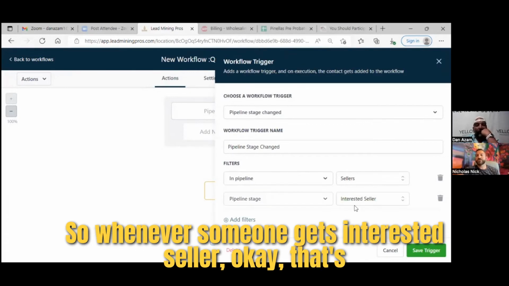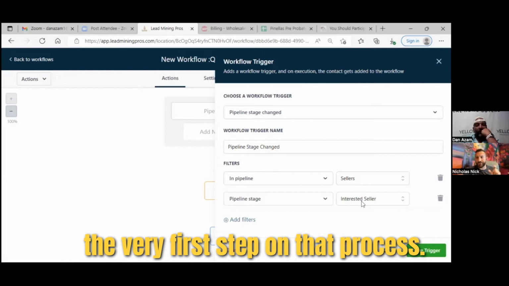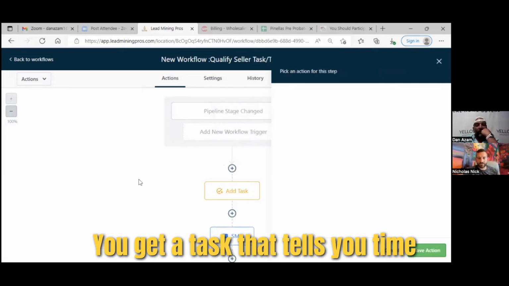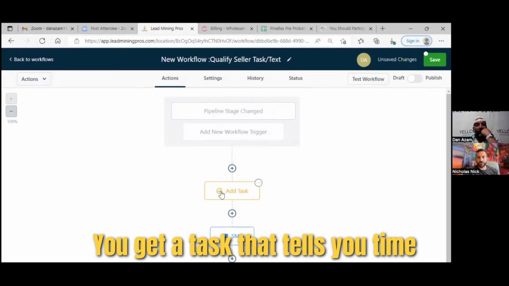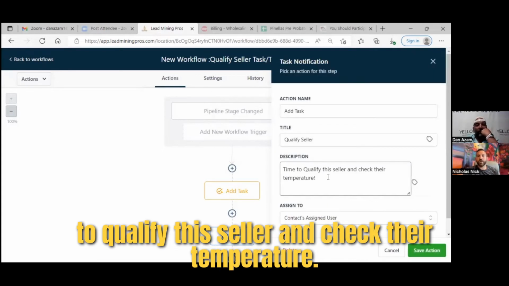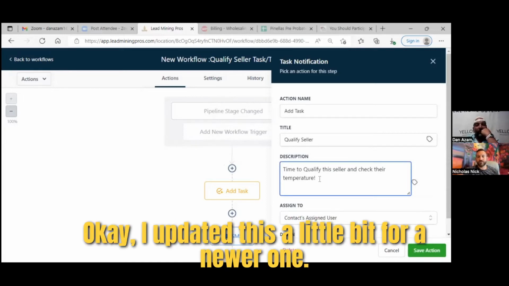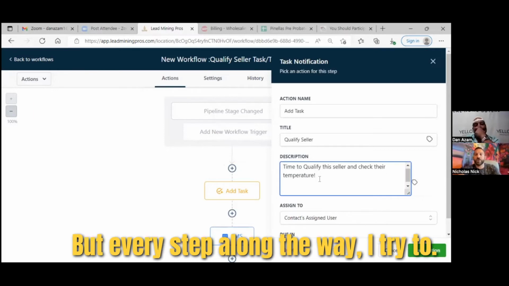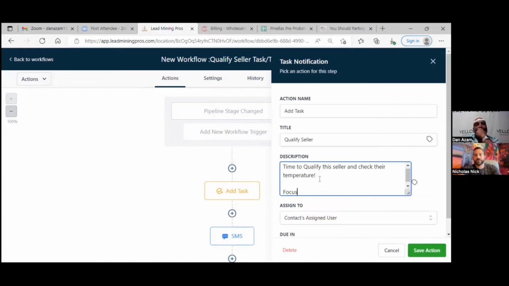Whenever someone gets interested seller, and that's the very first step in that process, you get a task that tells you it's time to qualify this seller and check their temperature. I updated this a little bit for newer ones, so I'll get the new copy to you. But every step along the way, I try to